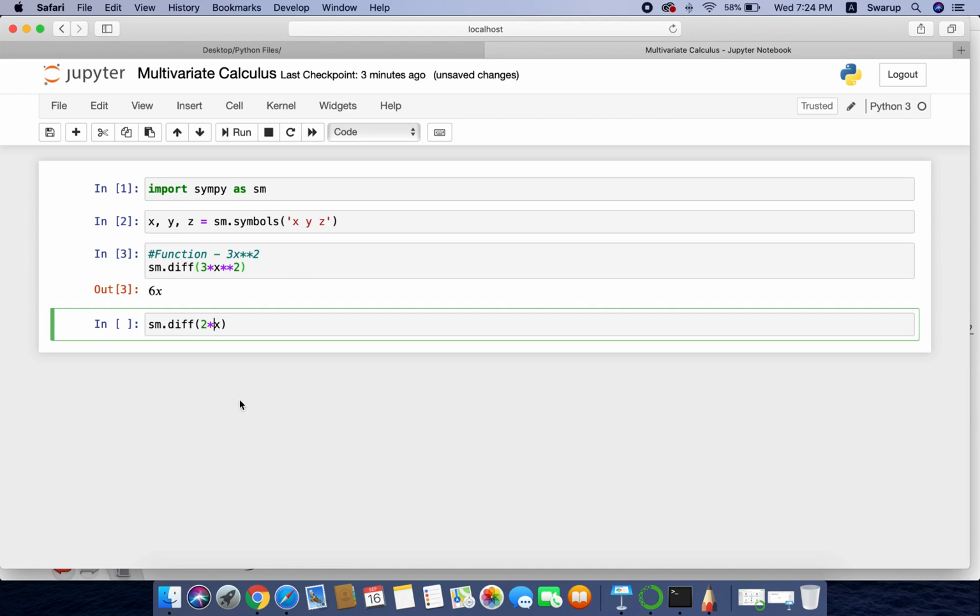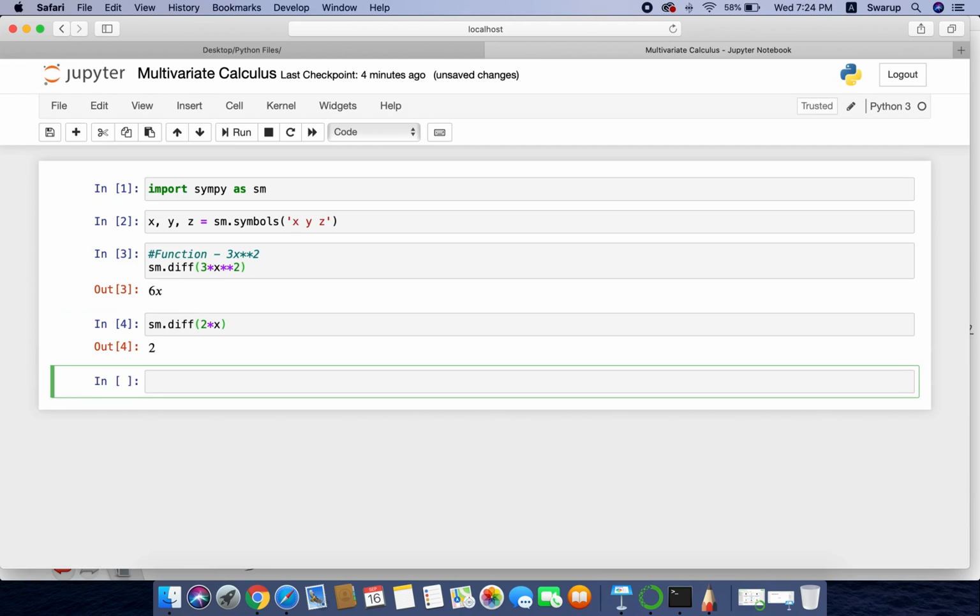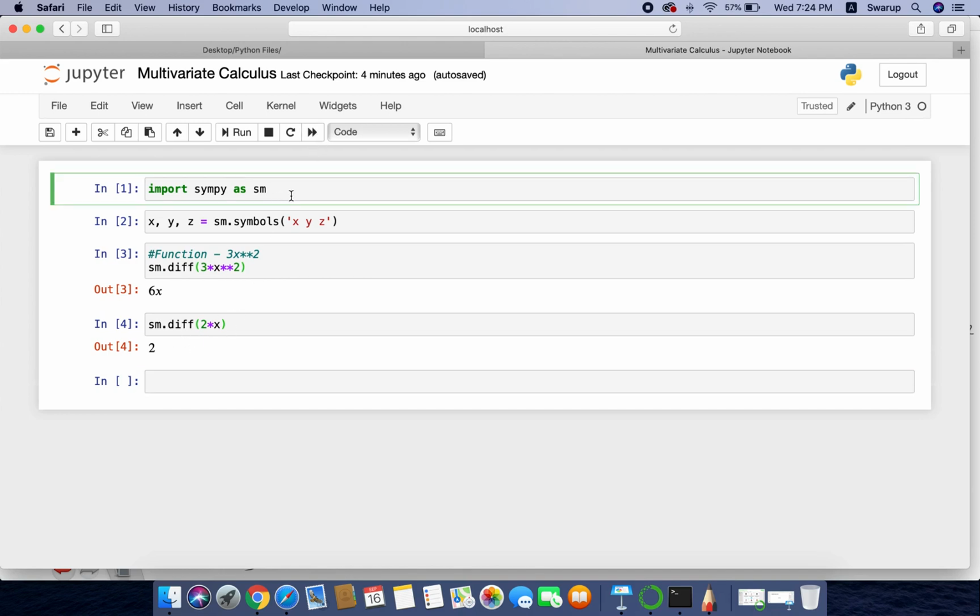So here basically we are changing this x at the amount of 2. So the rate of change is nothing but 2 times this particular variable. So it is just 2. Here we will just be getting the output as 2. That is what the rate of change is within this univariate function. This function is nothing but f of x equal to 2x, so it's a univariate function. For this kind of function we can use the NumPy package for finding the derivative.